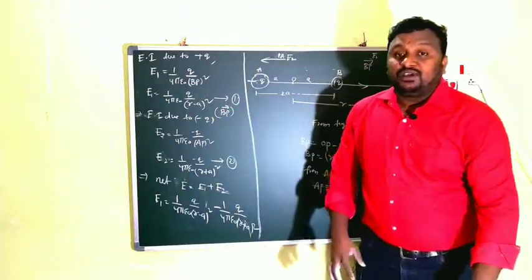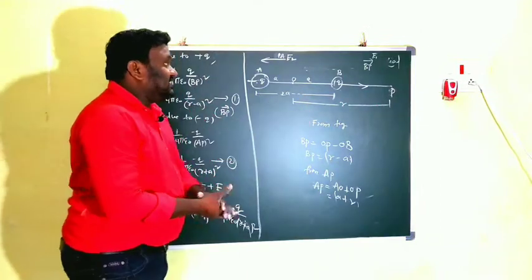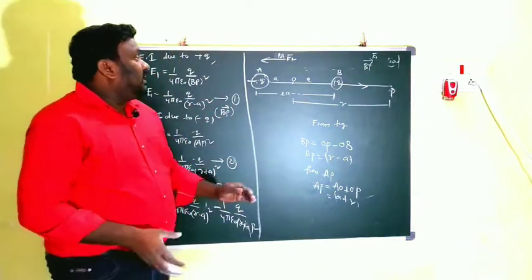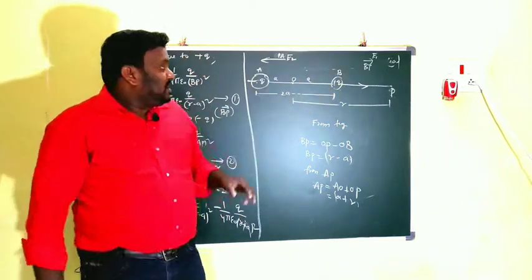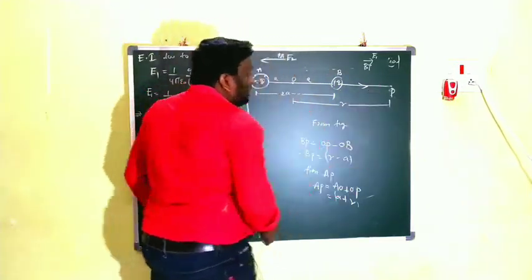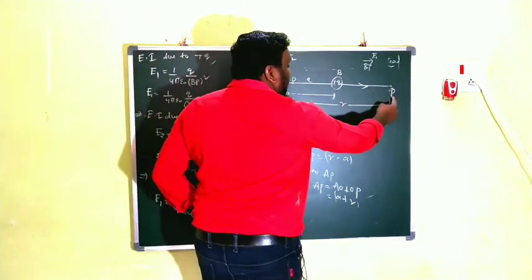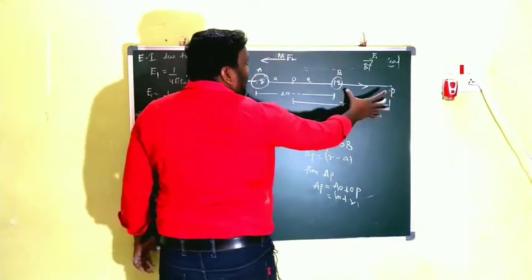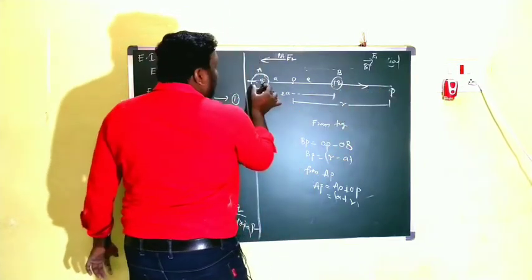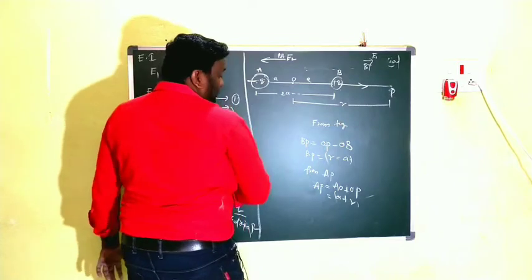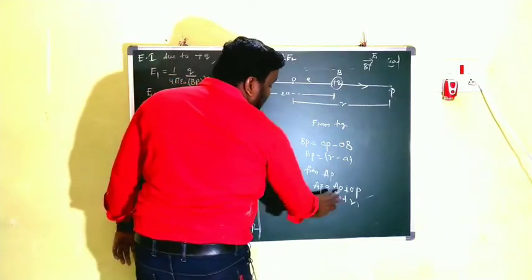Okay, watch children carefully. I require some more space for the derivation, that's why I want to erase this one. So here we have taken two charges, plus q and minus q. It is the dipole. And now this is the axial line, and on that axial line we have set one point P. Distance from plus q to the point is BP, and from minus q to the point is AP. From the figure, BP is equal to R minus A and AP is equal to A plus